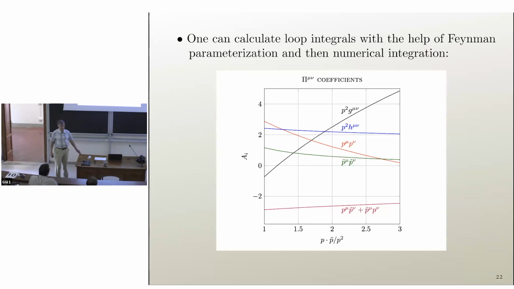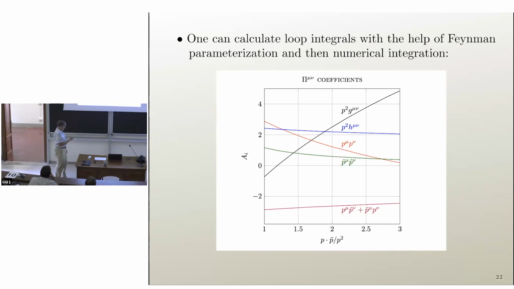We wanted to make sure that, well, it's not hopeless. So we calculated the gluon self-energy off shell, so it's not infrared singular, but it needs renormalization, so we have to subtract its ultraviolet poles, and it's pi mu nu. That's got a bunch of coefficients. It could be g mu nu, h mu nu, p mu p tilde mu, p tilde, etc. There's 1, 2, 3, 4, 5 different pieces of it, and we just calculated them all and made a graph